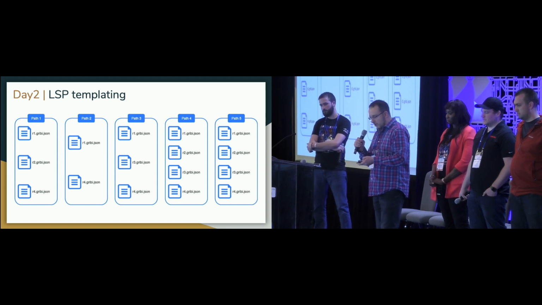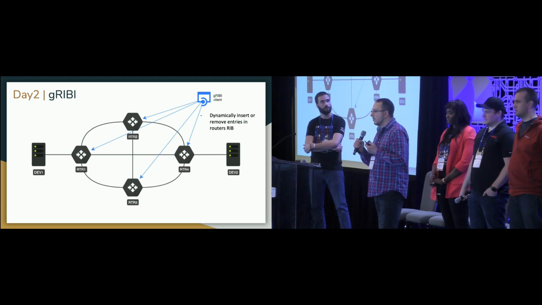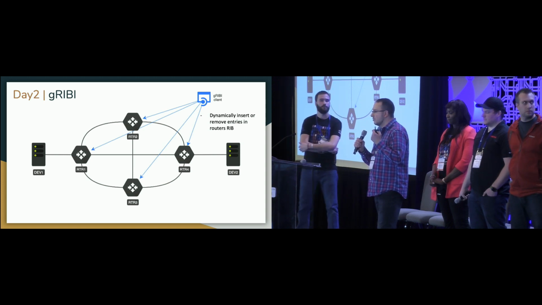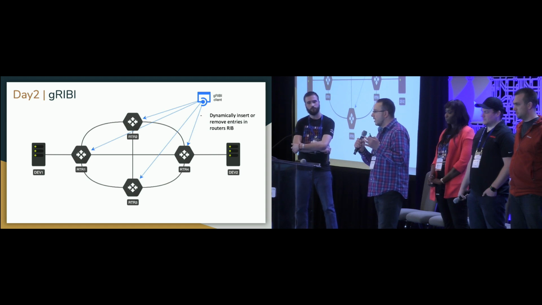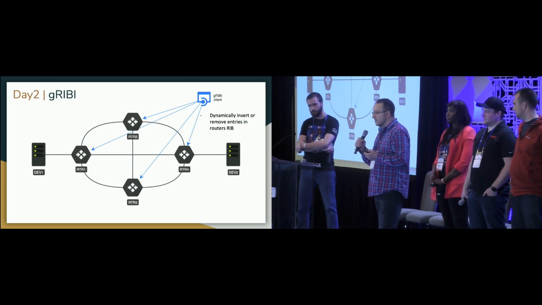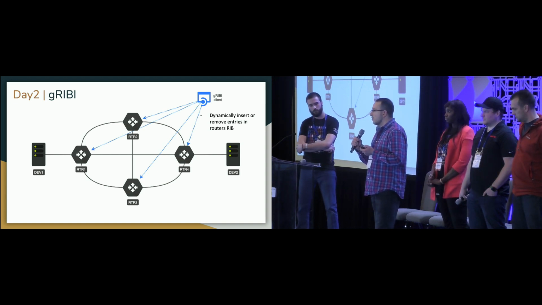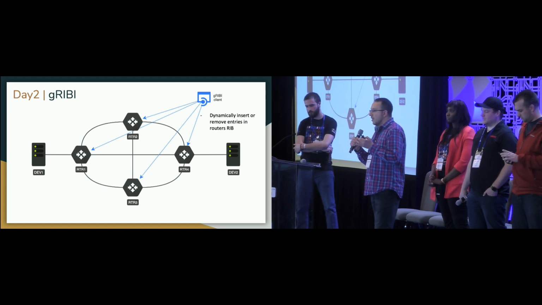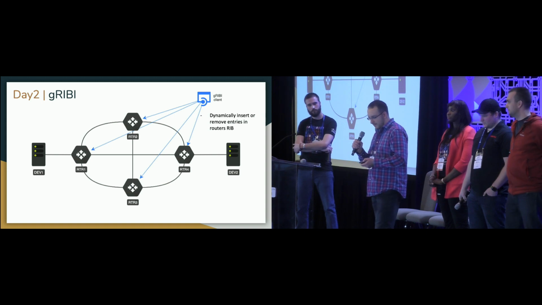One thing I wanted to mention on the previous slide: unlike OpenFlow and other mechanisms which try to program the forwarding plane directly, gRIBI does not interact with the forwarding plane or with the FIB. It interacts with the control plane, so all the interaction is with the RIB and the MPLS database. Think of it as just another routing instance or routing database that lives alongside your IGP or MPLS database.